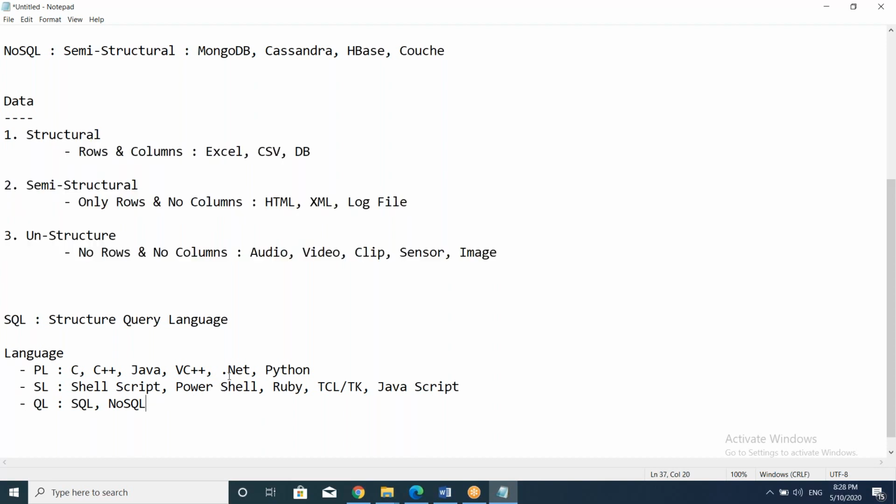Now out of all these, few languages are available in both. Those are called programming language as well as scripting language, like Python. That's why Python is becoming very popular nowadays. You can use Python for application development, then for data analysis purpose, then any framework design or any scripting, any automation purpose also. So Python is a programming language as well as a scripting language, both. Okay, so this query language you now understand, and out of these two query languages, we'll use SQL only. Now, coming to SQL, this is Structured Query Language.